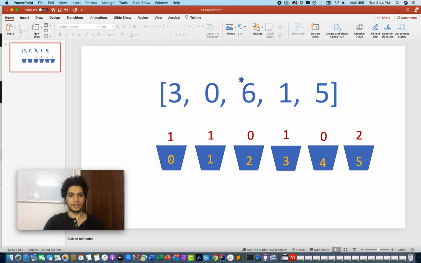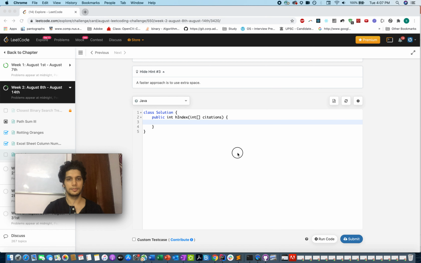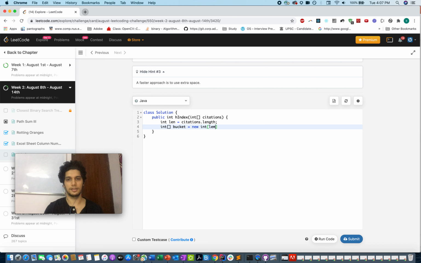So let's try and code this up. Defining the bucket array, storing the length in a variable, length plus 1 as discussed.